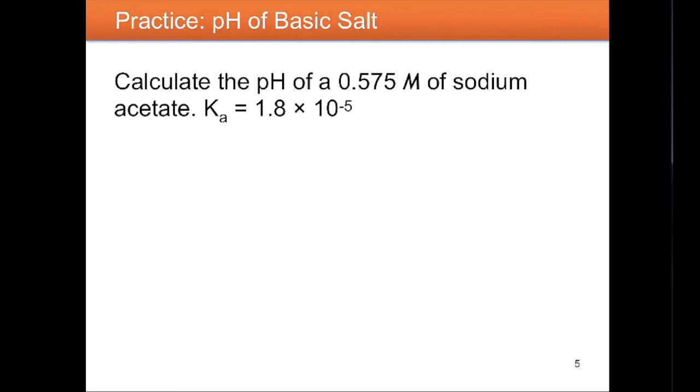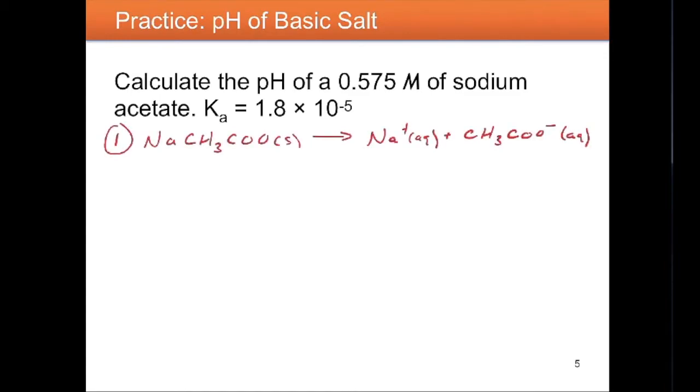So the question: calculate the pH of a 0.575 molar solution of sodium acetate. The Ka of that equals 1.8 times 10 to the minus 5. So the first step is to write out the equation that shows how the sodium acetate breaks up. Sodium acetate is NaCH3COO, and that's a solid because it's a salt, and that breaks up into Na plus